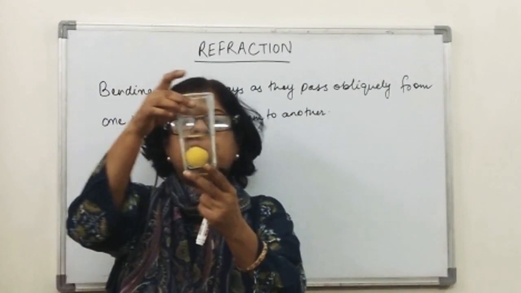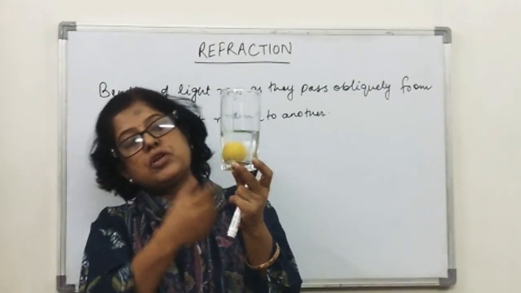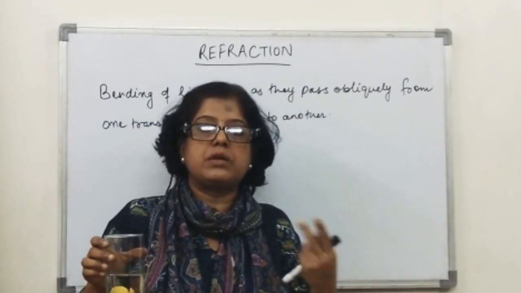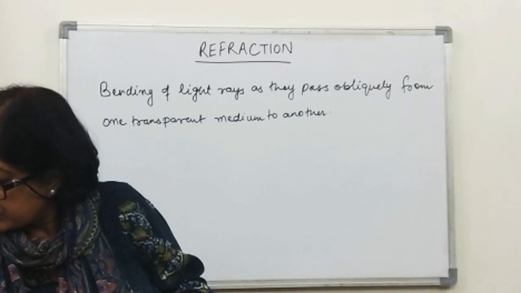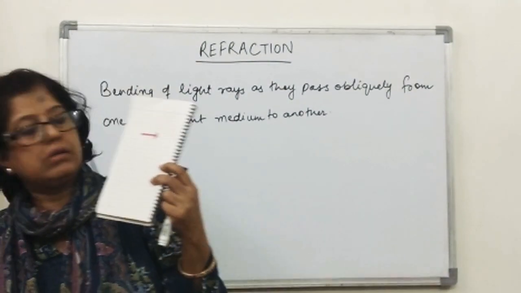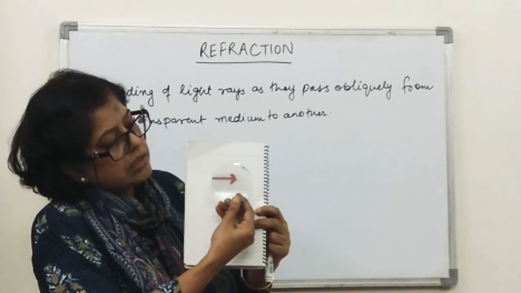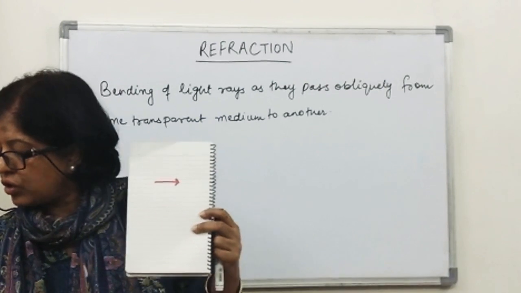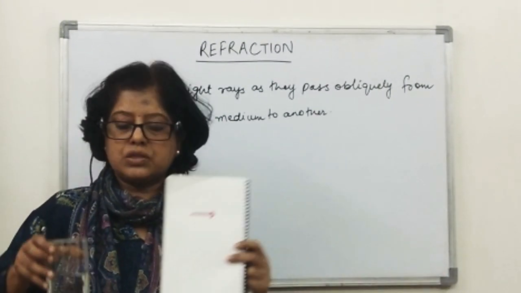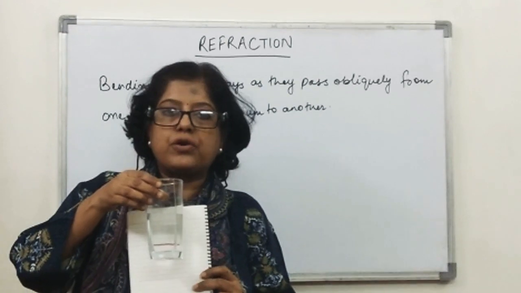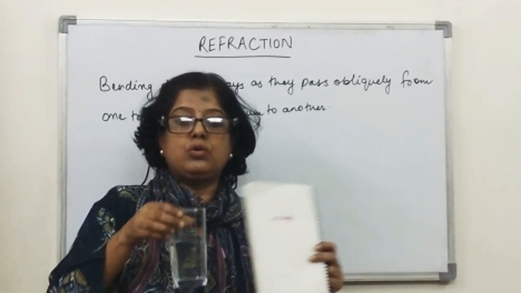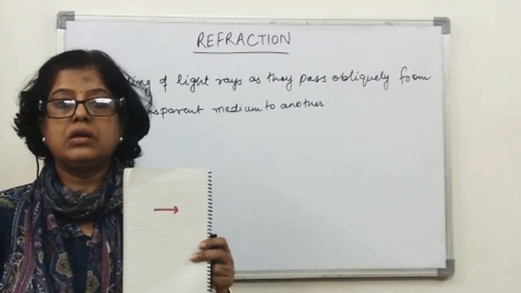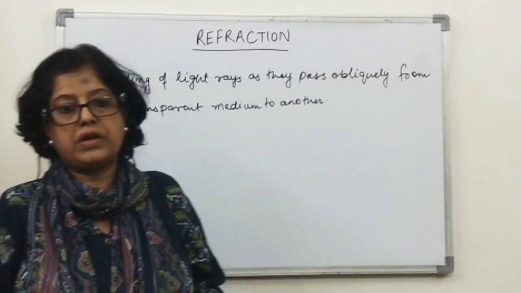Take a glass of water, put a lemon inside, and when you put a lemon inside, it appears to be swollen. Similarly, if you see rasgullas dipped in sugar syrup, they appear to be swollen. You see an arrow through a lens, it appears to be bigger in size. You can see this arrow through a glass of water also. If you don't have a lens at home, take a glass of water, put it in front of the arrow and look at the arrow through the glass of water. You will see the size changes. Now this is all because of refraction of light.